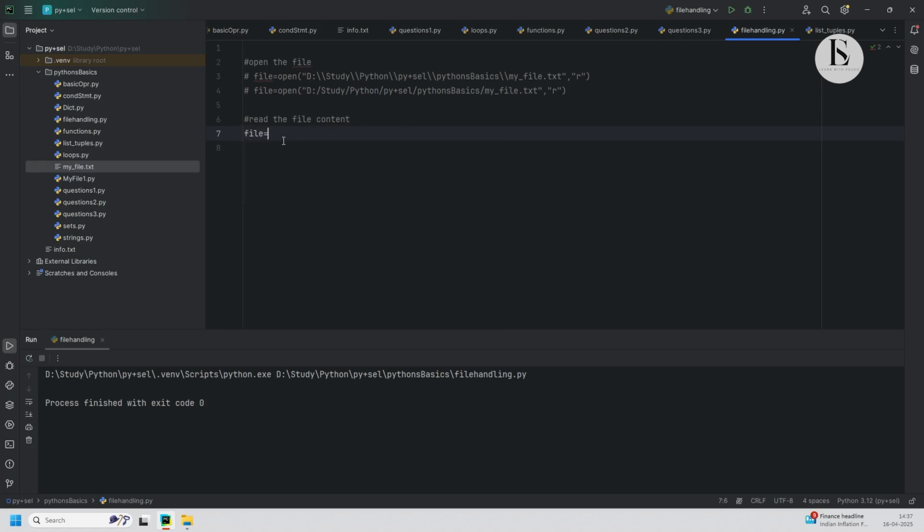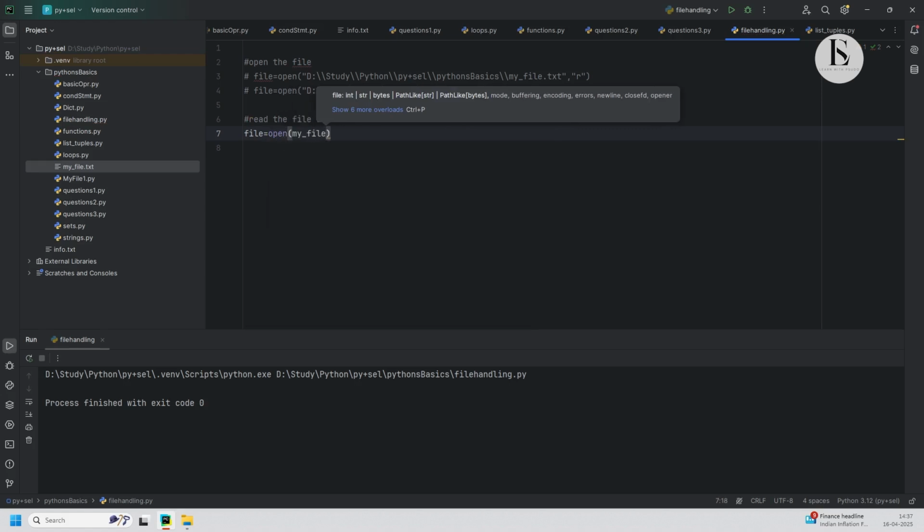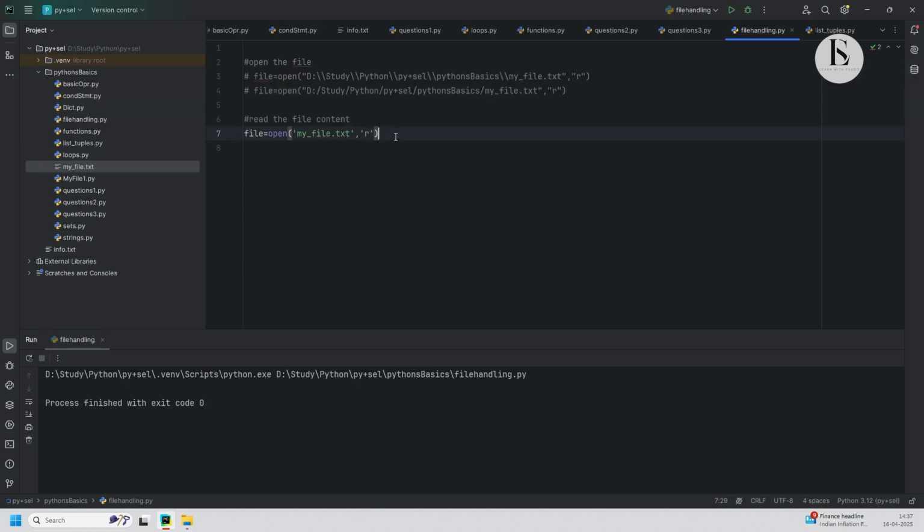I will say file equals open, and my_file.txt in inverted commas, comma, and then what mode I want. I want it to be opened in read-only mode. Now to read this, how do you read? We'll say content equals file.read